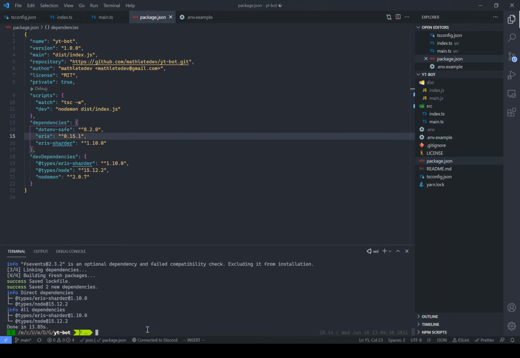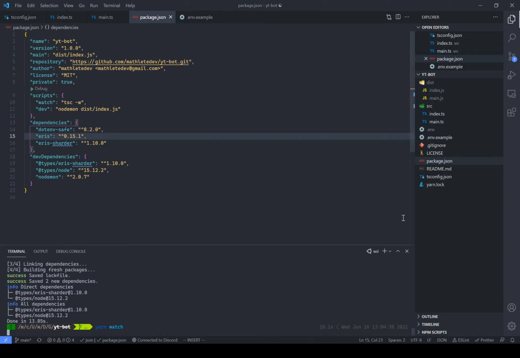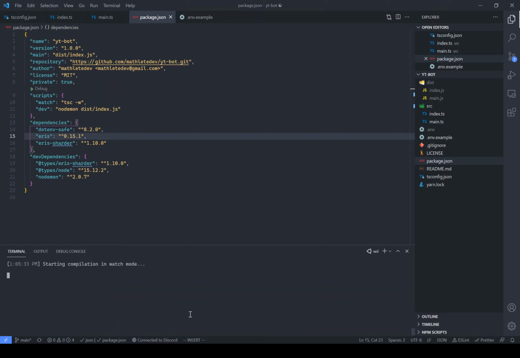Now if we do that, and we come back here, let me just make sure it's recording. Alright. If we come back here, we can type in yarn watch, and what you'll notice is it's gonna disappear in a second, and it'll say starting compilation in watch mode. So what this means is now it's automatically saving to this,